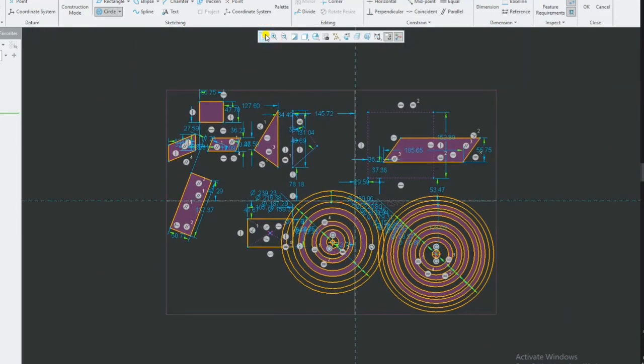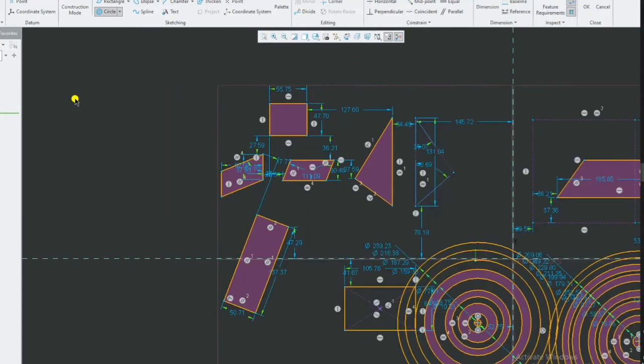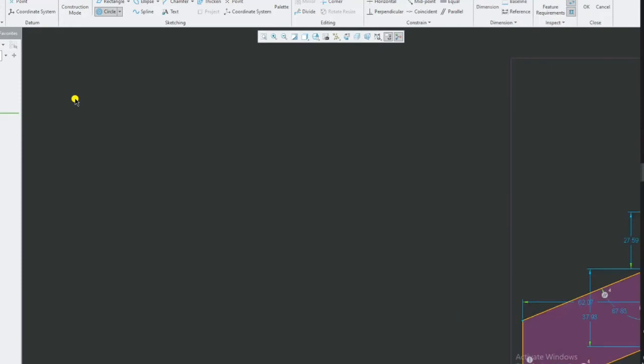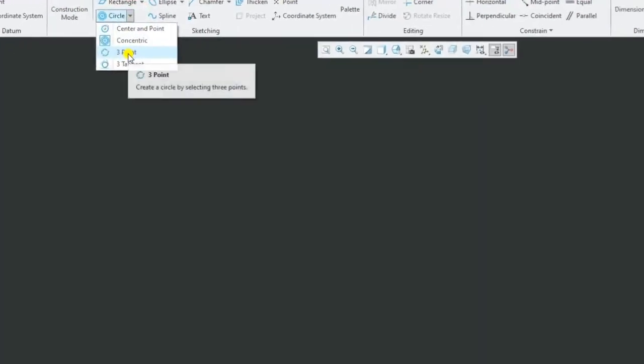Now it will fit to zoom. As you go on increasing the drawings, the window zoom to fit, the refit also will be changing. So these are the concentric circles. Now let us draw it somewhere here. Next we see 3-point circles.